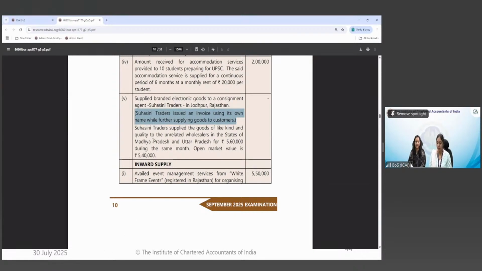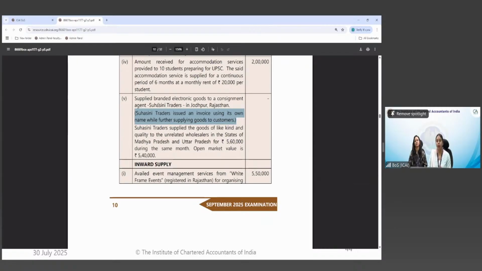So because of this reason, Suhasini Traders becomes an agent as per Para 3. Had it not been issuing the invoice in its own name but using the invoice of Nandita Private Limited, then in that case this principal-agent relationship would not have been a relationship as per Para 3. Para 3 would not be attracted here. But in this case, it is